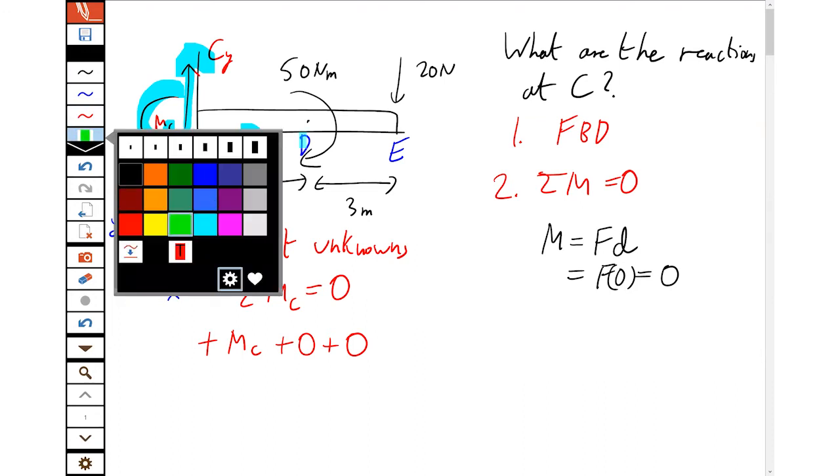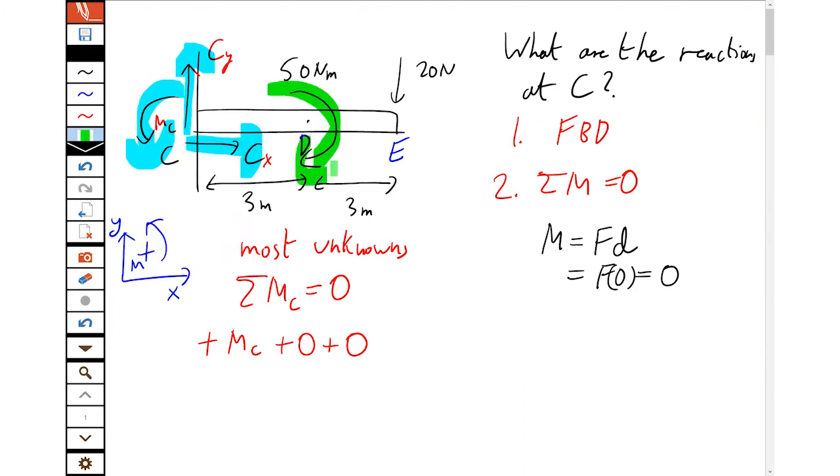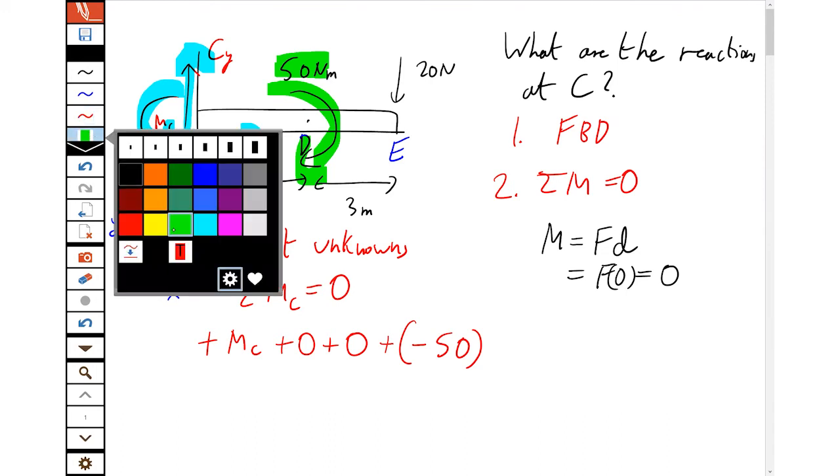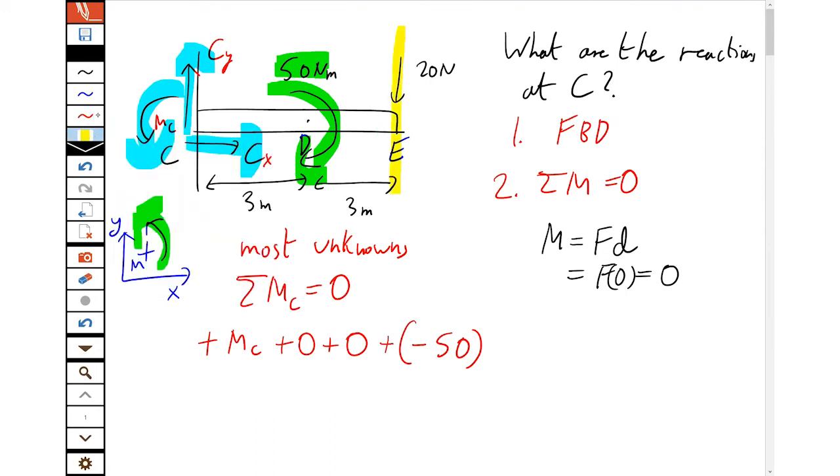Then we move on. We have a 50 Newton meter moment at D. So we add that, but we see that that is clockwise, so that's minus 50. Remember, in engineering, all the directions are just plus and minus. So even though they've drawn just 50 there in the text, that's negative because counterclockwise is positive. So don't miss that. And then finally, we have a 20 Newton force,